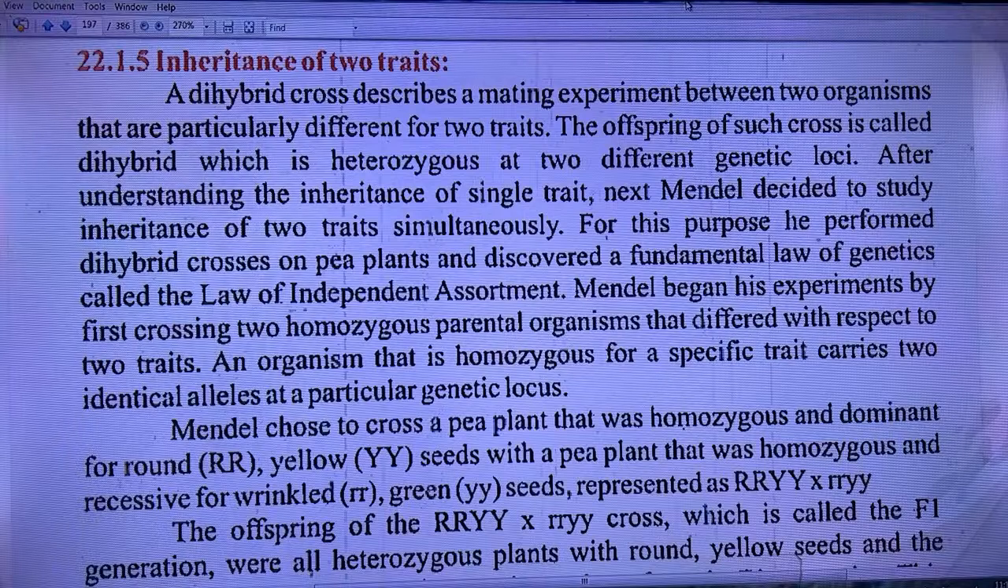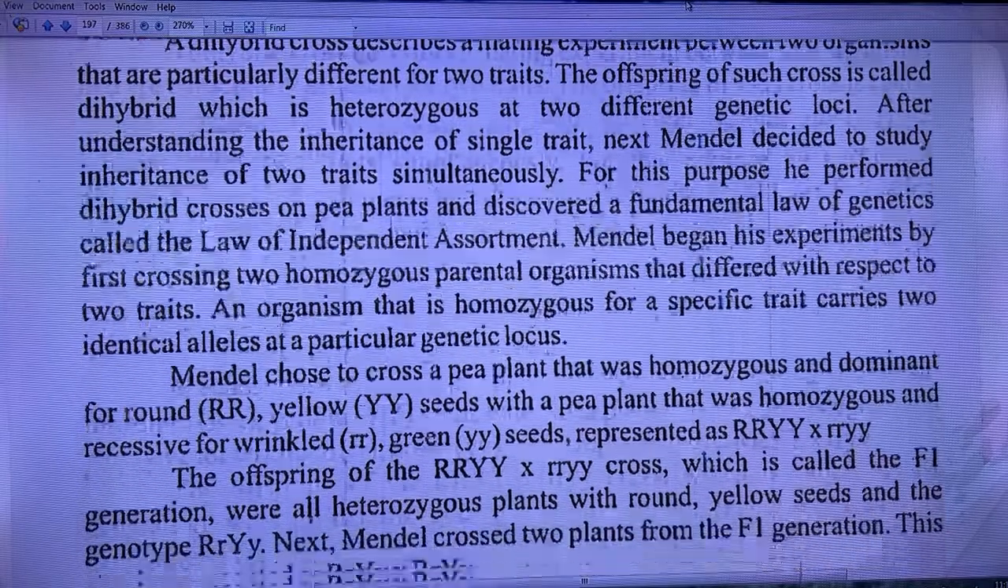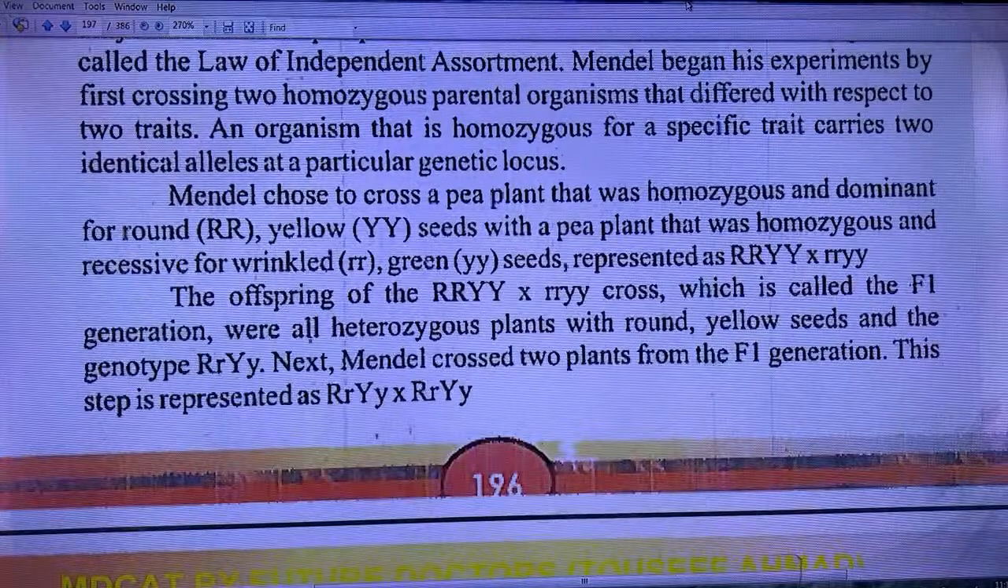law of independent assortment. Mendel began his experiment by first crossing two homozygous parental organisms that differed with respect to two traits. An organism that is homozygous for a specific trait carries two identical alleles at a particular genetic locus. Mendel chose to cross a pea plant that was homozygous and dominant for round (capital R), yellow (capital Y) seeds with a pea plant that was homozygous and recessive for wrinkled (small r), green (small y) seeds,